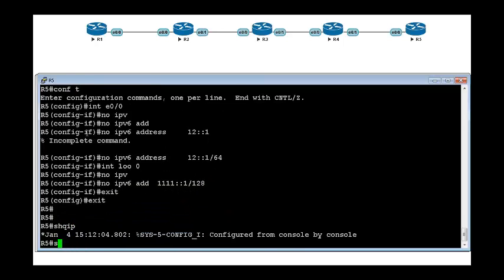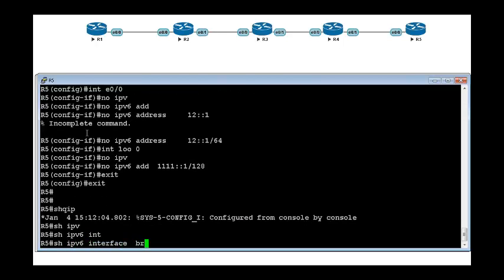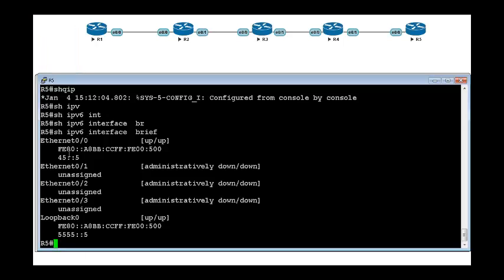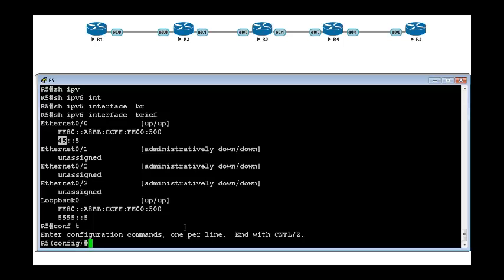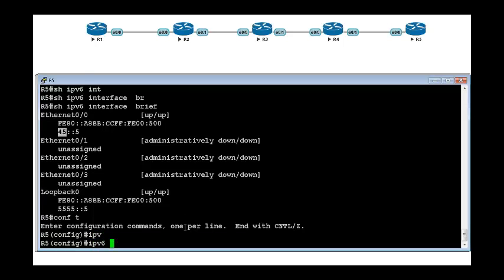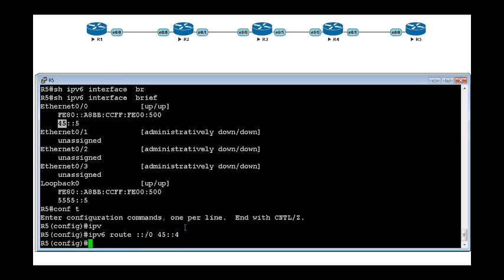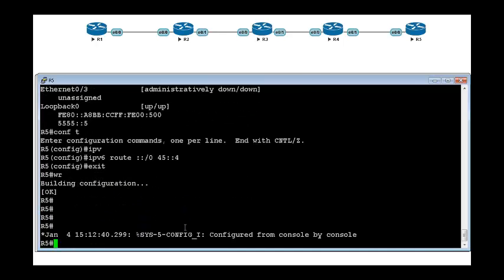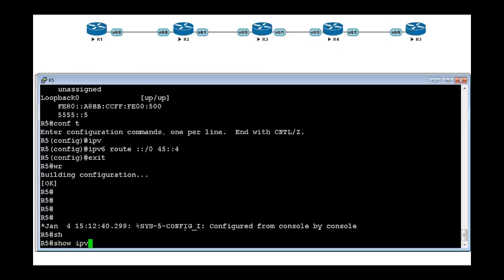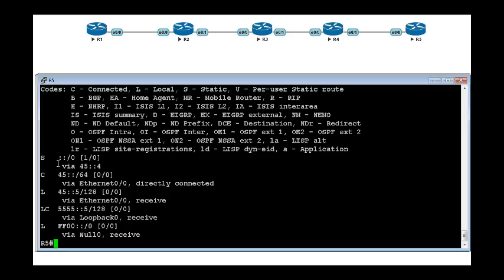Show IPv6 route. I can see that there are only two subnets on this router, 45 and 5555. For the rest of the networks you need a default route. So once again we are writing default route: IPv6 route, any network, any subnet mask, send it to router 4. Router 4's address is 45::4. So now show IPv6 route. I should see a default route